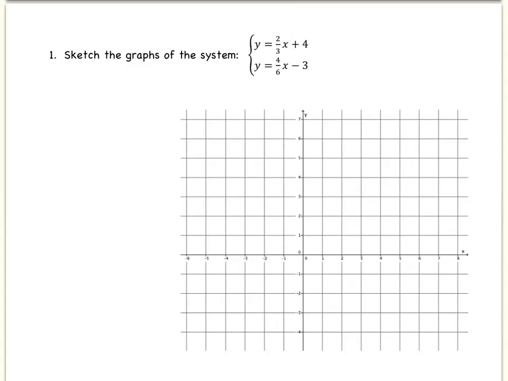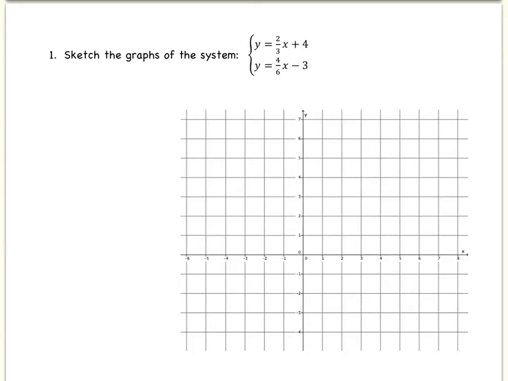Okay, so I'm going to go ahead and give you guys an early head start for lesson 26, characterization of parallel lines. You should be on page 159 in your binders. I'm going to walk through number 1 with you guys. Then you're going to finish number 2 and 3 on your own. So we need to sketch the graphs of the system y equals 2/3 x plus 4 and y equals 4/6